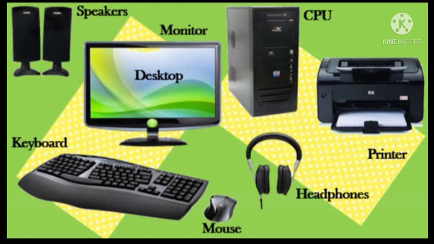So this is the main work of the CPU process in the computer. Next one is speaker, printer. These two parts are used as the output unit. So printer and speaker are used as output devices. Okay, speaker is used to hear the audio. The next one, printer takes the printout copy.